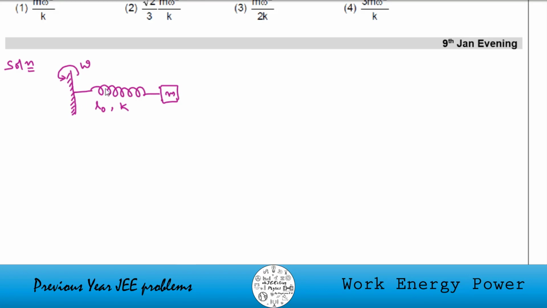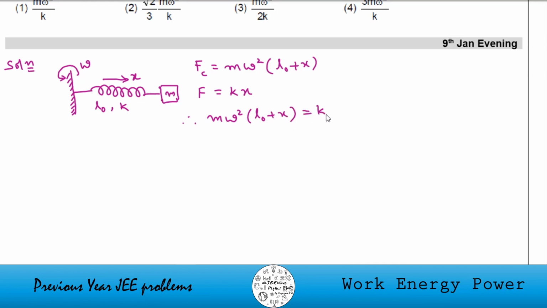When the spring is rotating about the disc, let x be the elongation in the spring. Centrifugal force Fc can be written as m omega square into L naught plus x. But the restoring force developed in the spring is Kx. So from these two, m omega square into L naught plus x is equal to Kx,